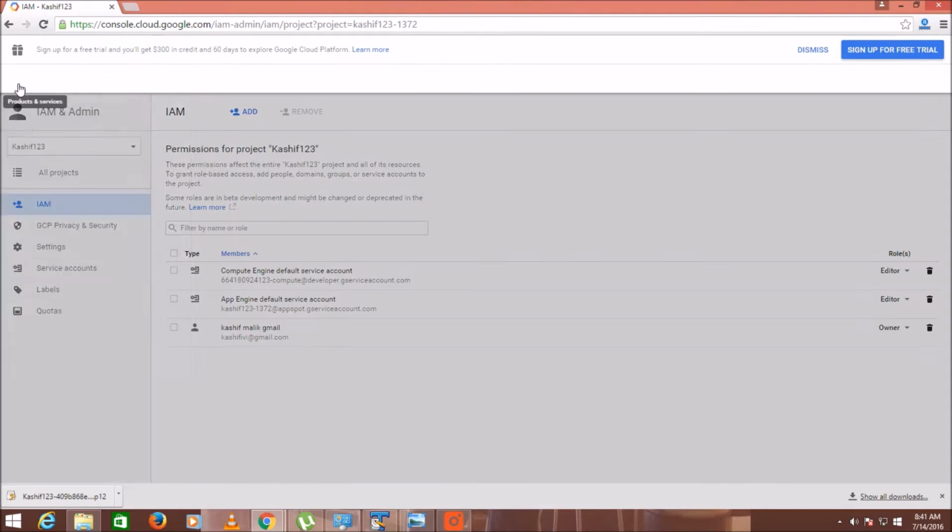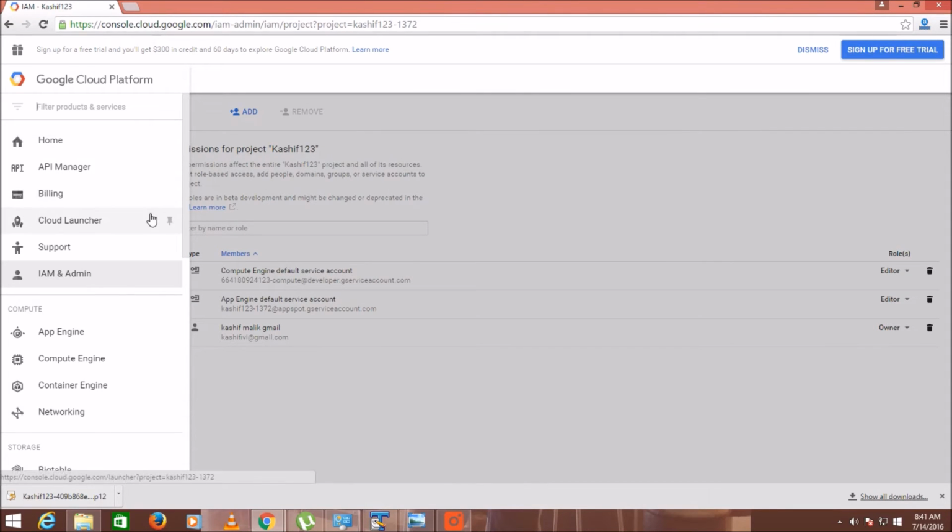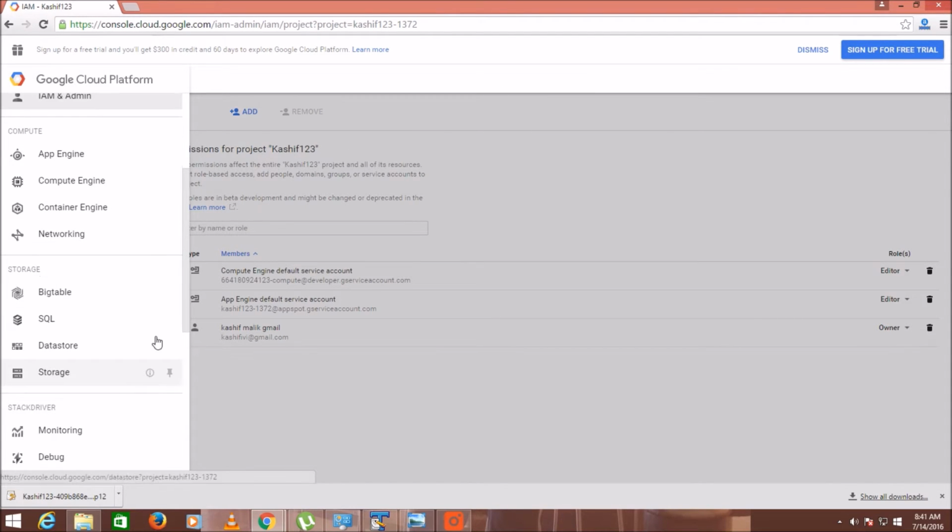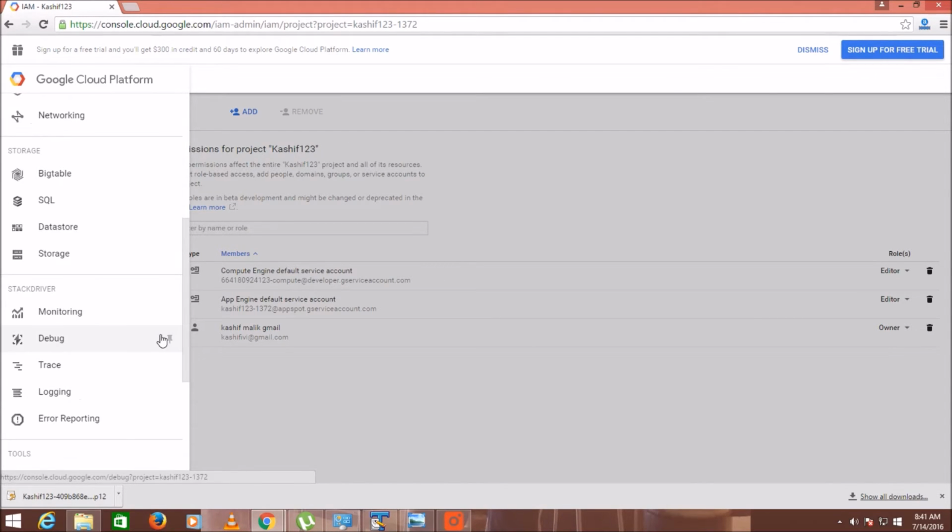Now coming back to the BigQuery section. Now we have the project ID, the secret key, and we will get the dataset ID when we access our data set and create a new one.